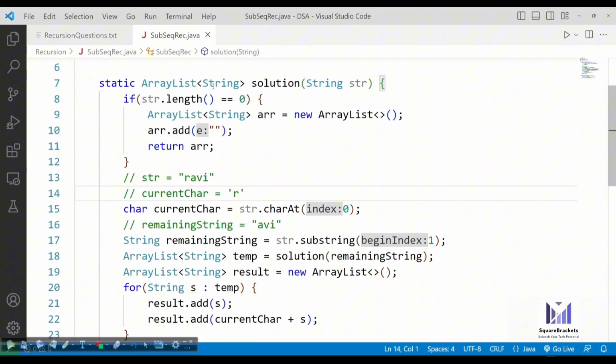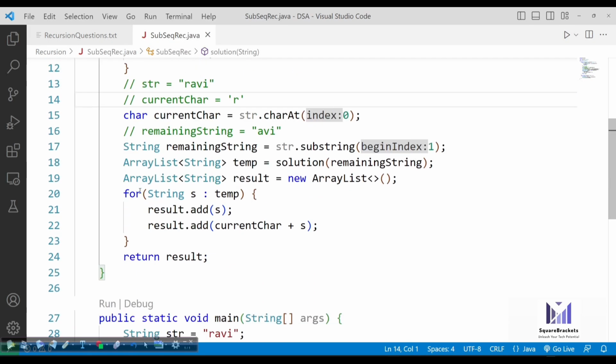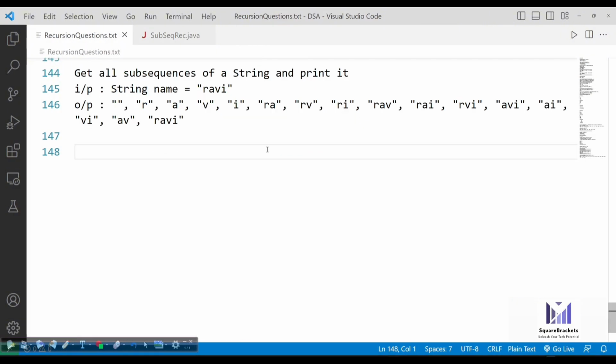Earlier we were using the array list, and because of it we were able to iterate over it and store the results one by one. But this time we don't have any array list available. So what possible solutions can we try? Instead of storing the data in an array list, we can take one extra variable and store the results for a temporary period of time, like a temporary result variable.